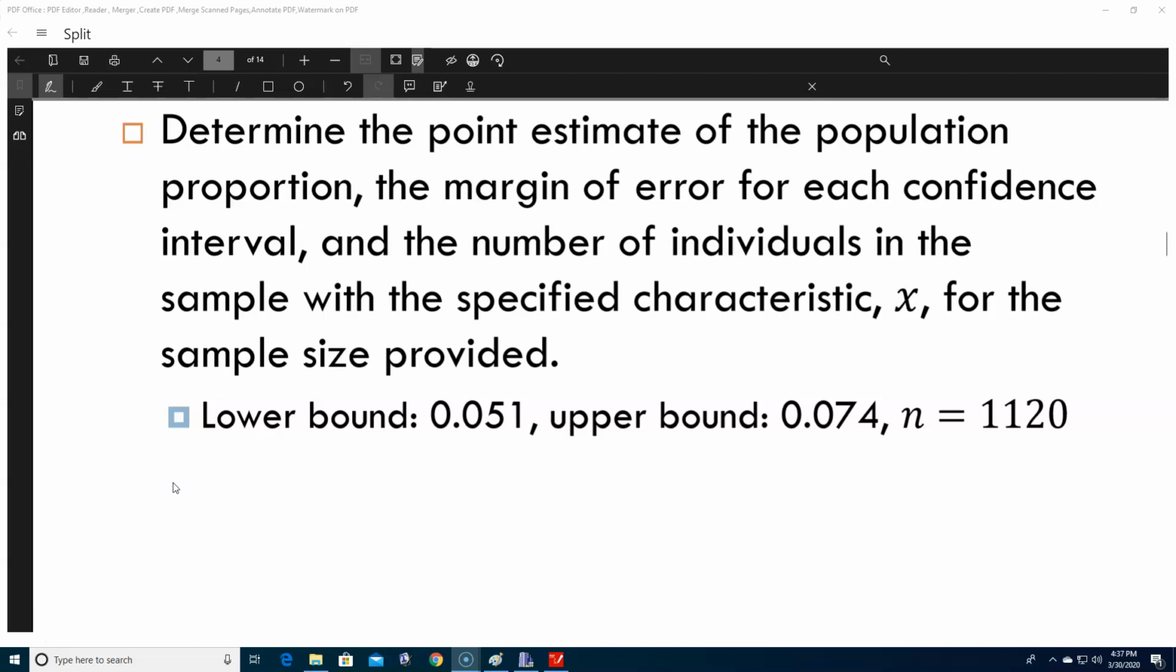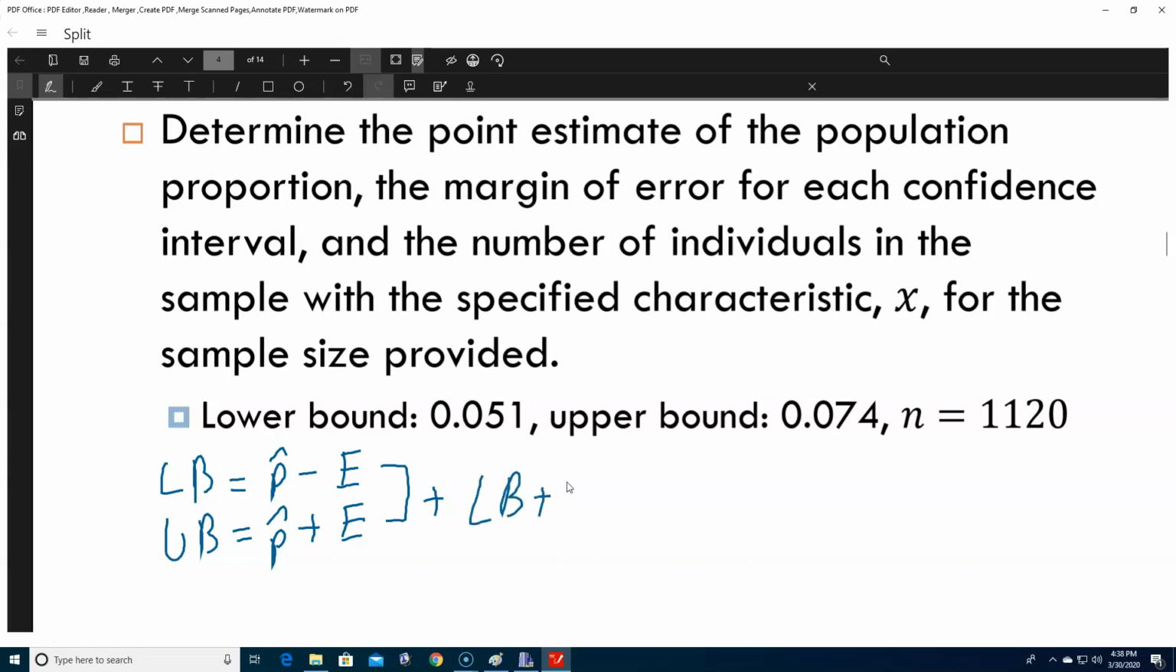So for this problem, we're going to use those formulas for lower bound, which is equal to p hat minus e, and for upper bound, which is p hat plus e. Now, without plugging in the numbers, if I was to add these two things up, because we need to figure out this p hat and we need to figure out e, I would get lower bound plus upper bound